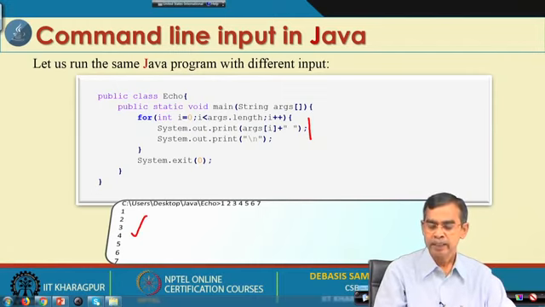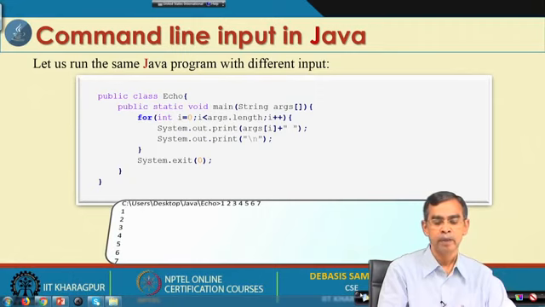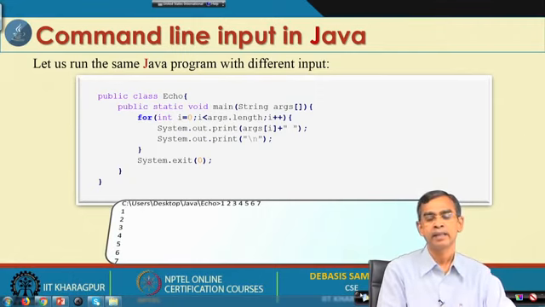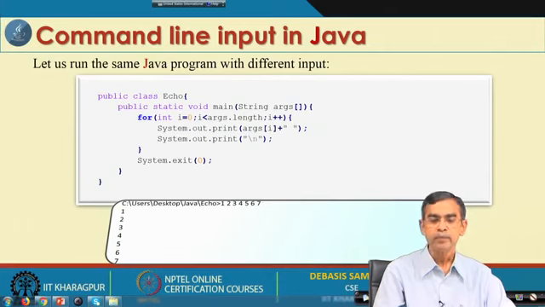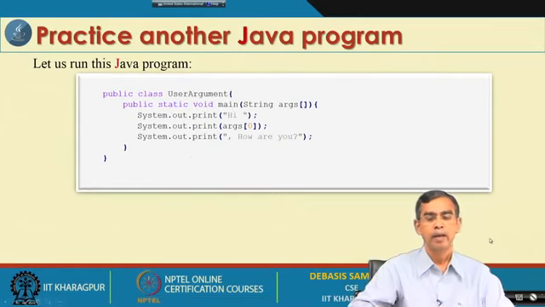Now, if you run this program without any input, simply the earlier way we have run it, then args dot length will be 0, and then this loop will not roll and it will not execute any print statement. So, this is the concept, the command line input to Java, and it is a very useful concept in Java for the Java programmer that they can use.